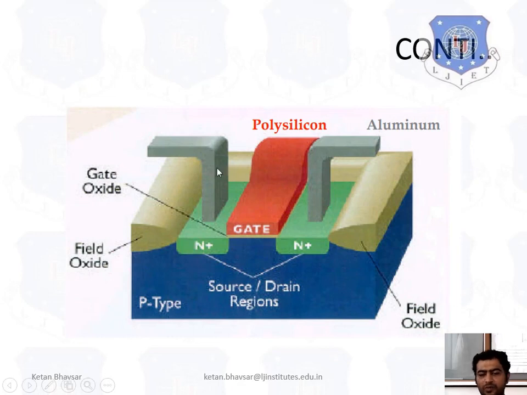As you can see, this is the MOS structure as it looks in 3D. This is your substrate, this is your oxide, the gate oxide, the polysilicon gate terminal, and aluminum to provide the conductivity. This is your gate, the input terminal, and the substrate. So it looks like this in 3D. Here you can provide the gate or source terminal, and here you take the gate terminal, and here also one terminal, but right now we are considering only three terminals.